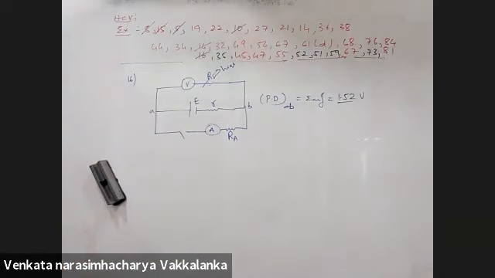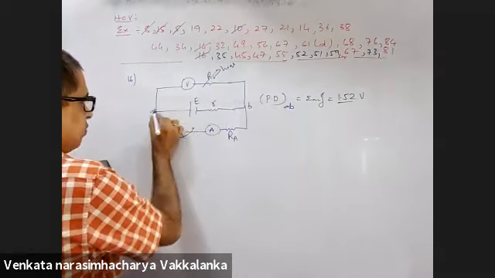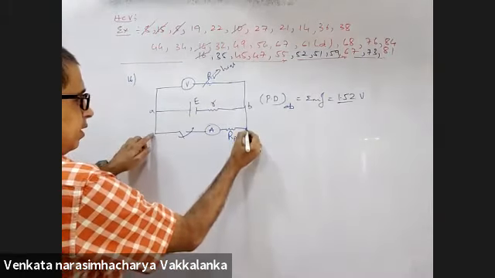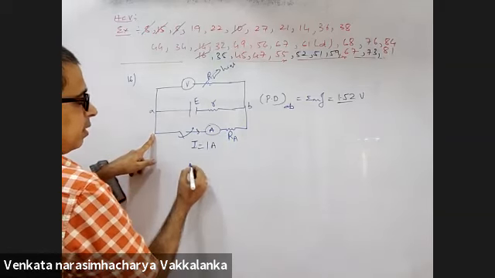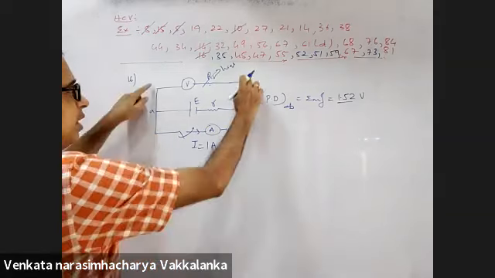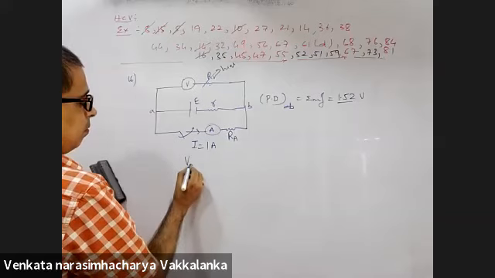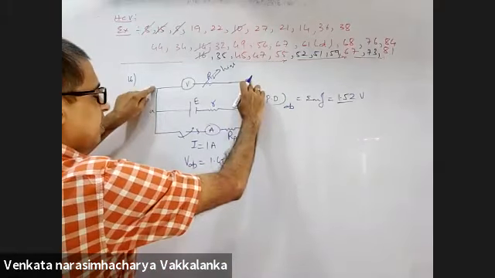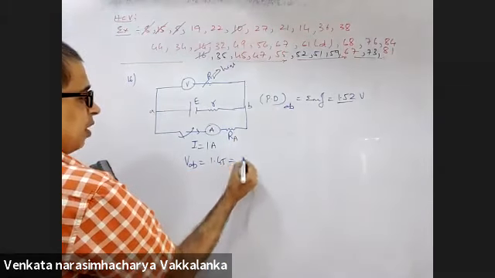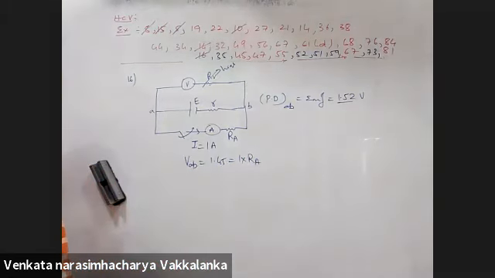When the switch is closed, voltmeter reading drops to 1.45 and the ammeter reads 1 ampere. When the switch is closed, you have 1 ampere of current here. Current is 1 ampere. And voltmeter reading is how much? 1.45. Either here or here, it should be the same. 1.45 is 1 into RA. Will I get the resistance of the ammeter? Yes, sir.